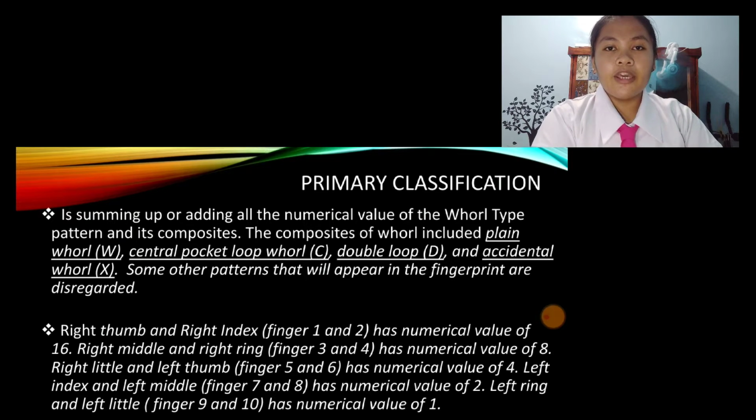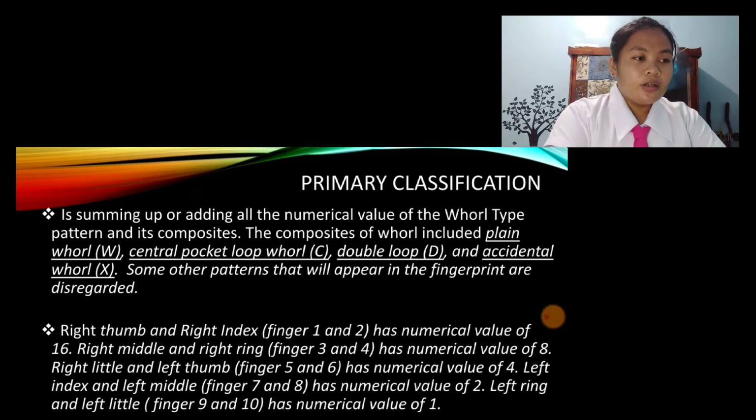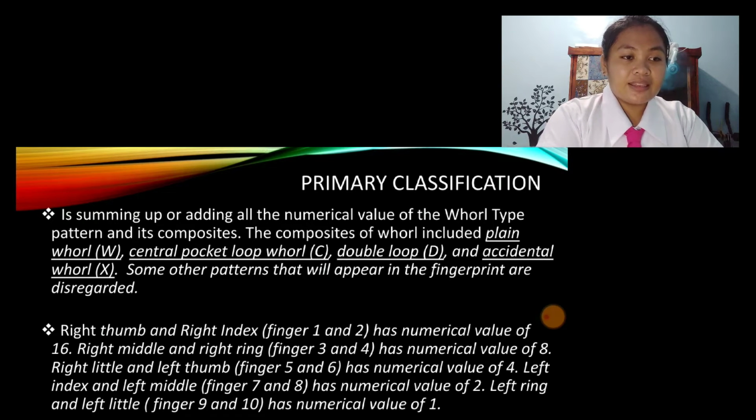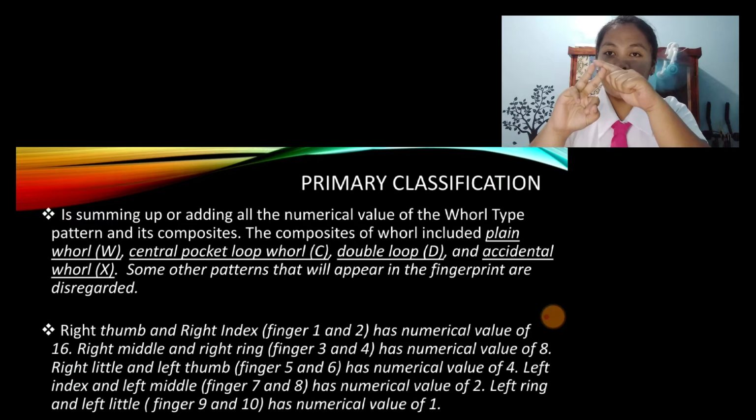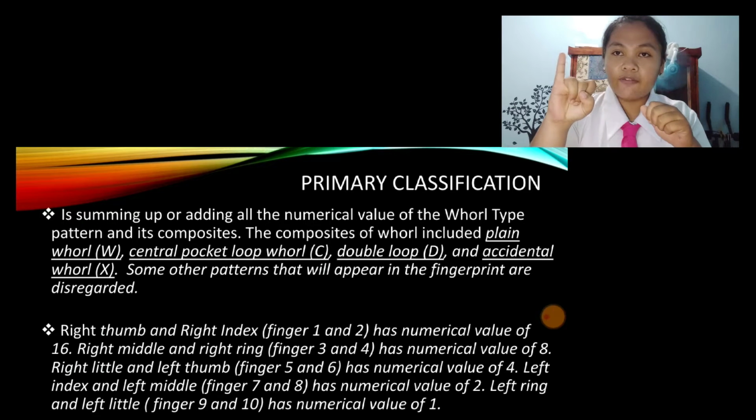So if arc and loop appear in that pattern, it will not be included in adding the numerical values. So only those whirl patterns are considered in primary classification, and the composites also of whirl pattern. So right thumb and right index, or finger number 1 and 2, has a numerical value of 16. Right middle and right ring, or finger number 3 and 4, has a numerical value of 8. Finger number 5, which is the right